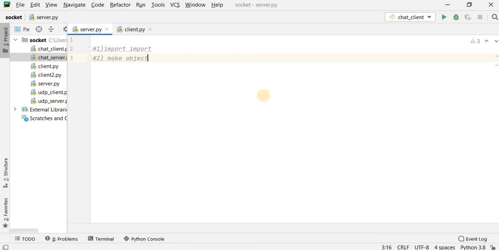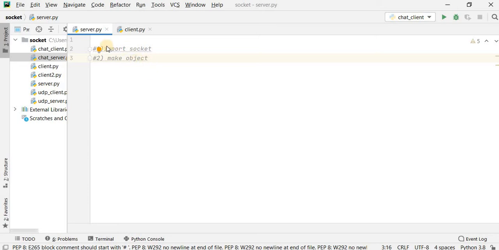Why are we making the object? Because we want to use it, it should be socket. So we are making an object. This object is used to call the methods and functions inside the socket class. So what are those functions and methods?